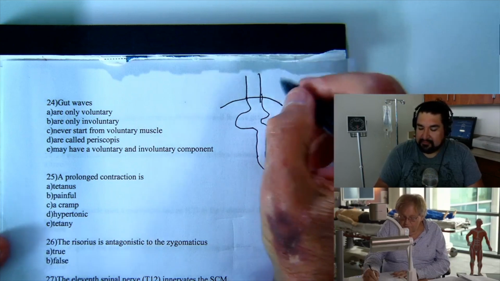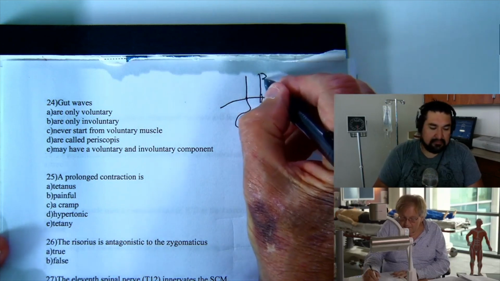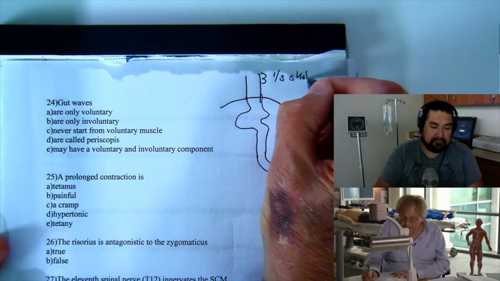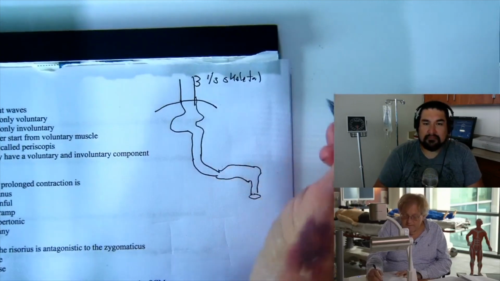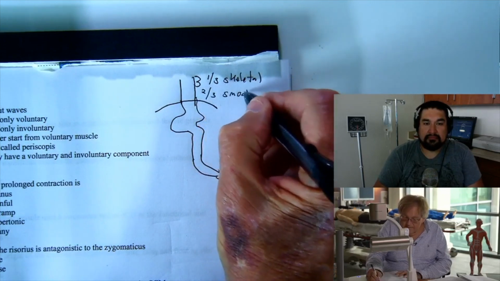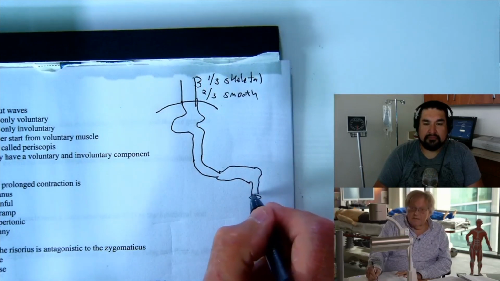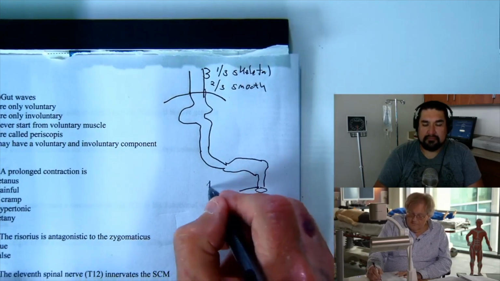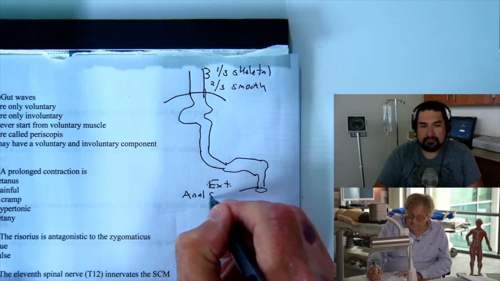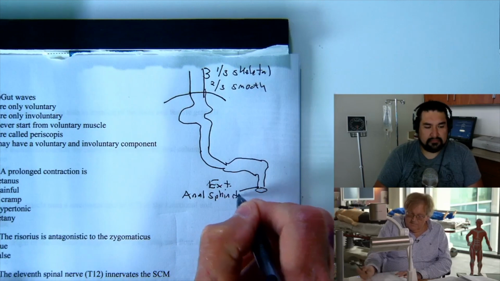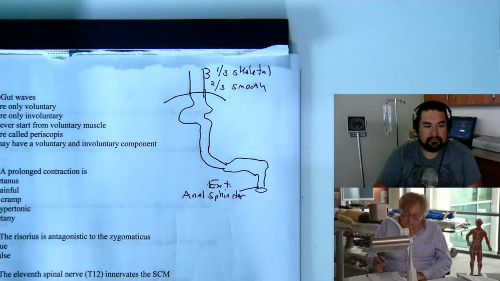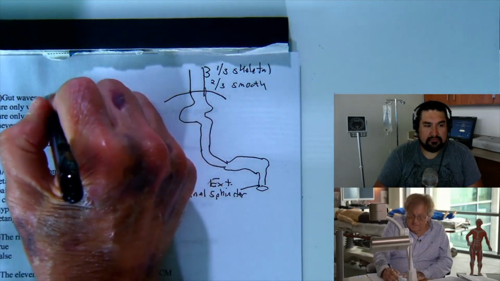And so therefore, your esophagus, just think, the proximal 1/3 is going to be skeletal. When I want to swallow, I've got to voluntarily do it. The distal 2/3 are going to be smooth. And I'm not going to see skeletal muscle again until I get to the external anal sphincter. So just think, when I have gut waves, which is really called peristalsis,